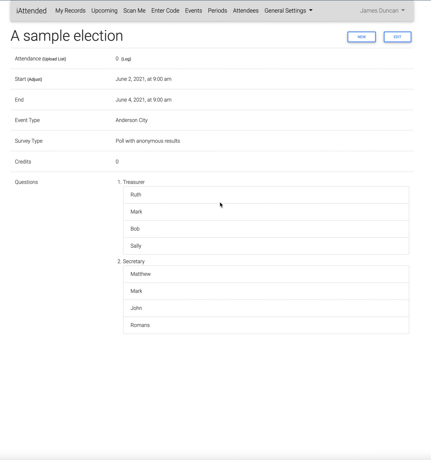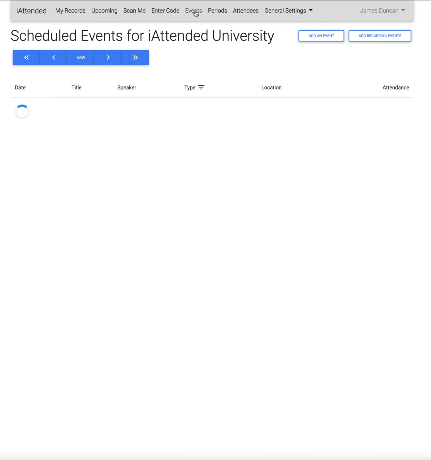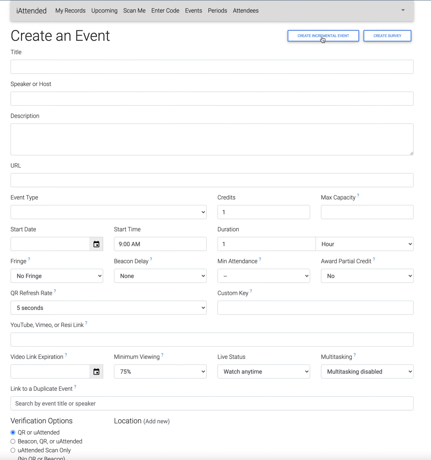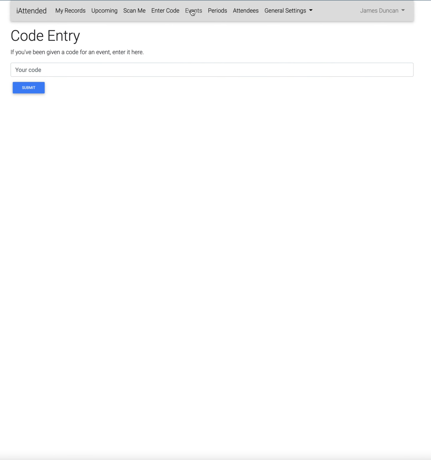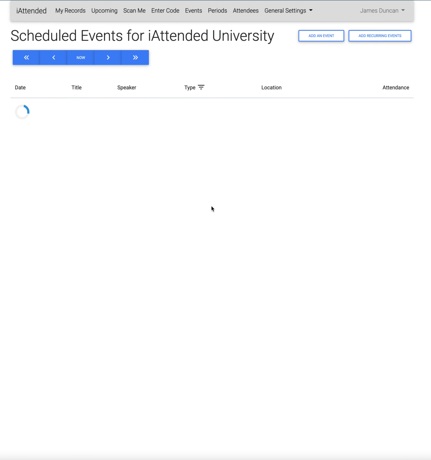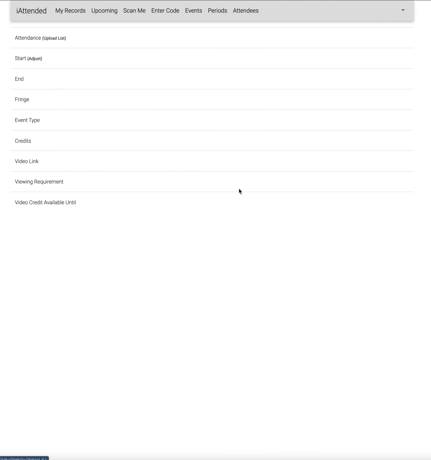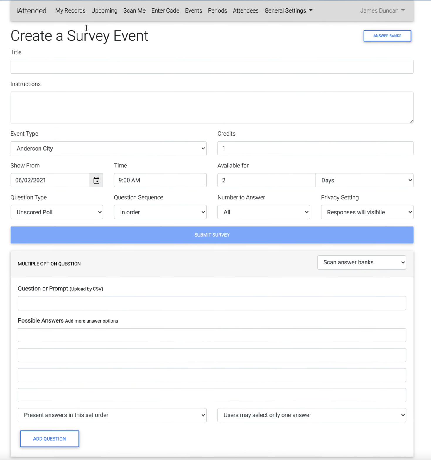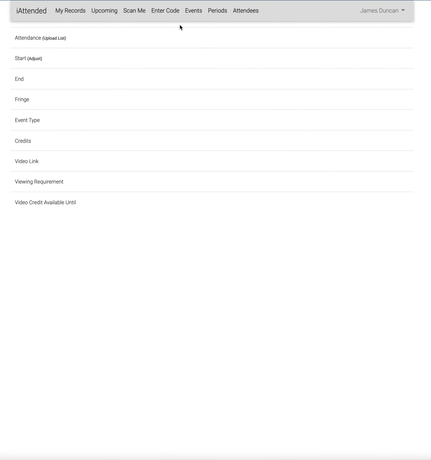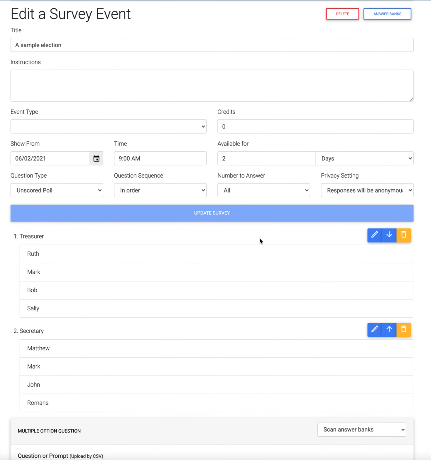So just to remind you how we came through here from the home page, went to add an event, and then created a survey. If you have already created a survey, we'll come back here to events, and we're going to click on our sample election. Then you can come right back into it and edit, or maybe even make a new ballot, a new election. So new will give you a new survey to create. Edit will bring you back to the